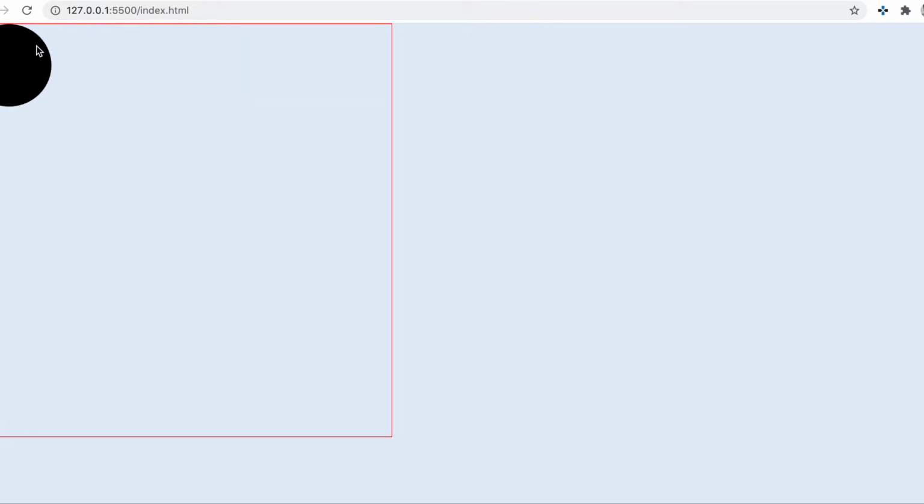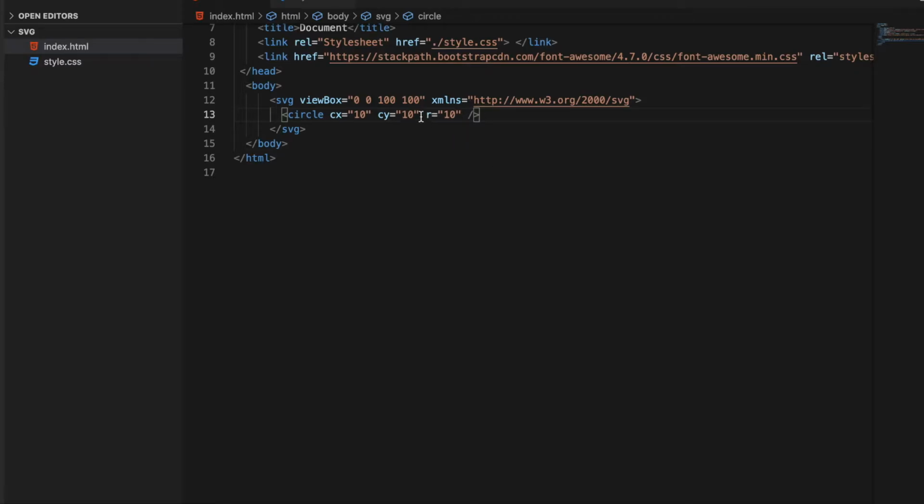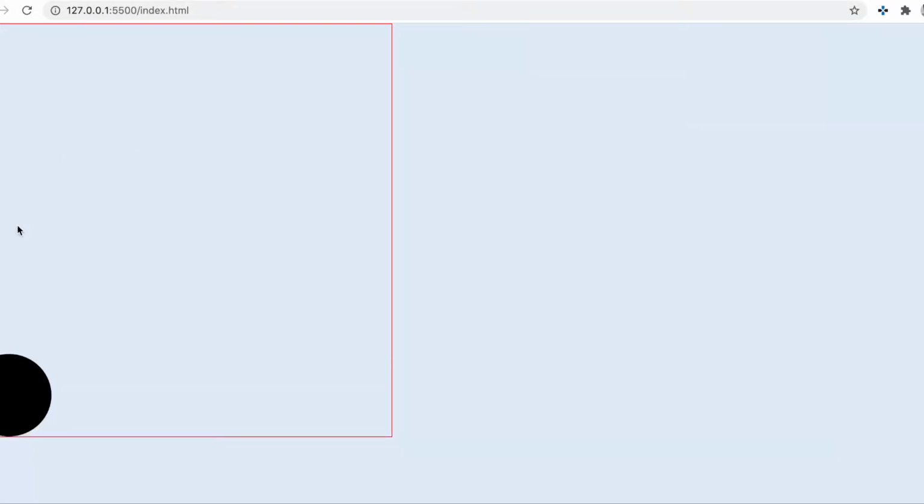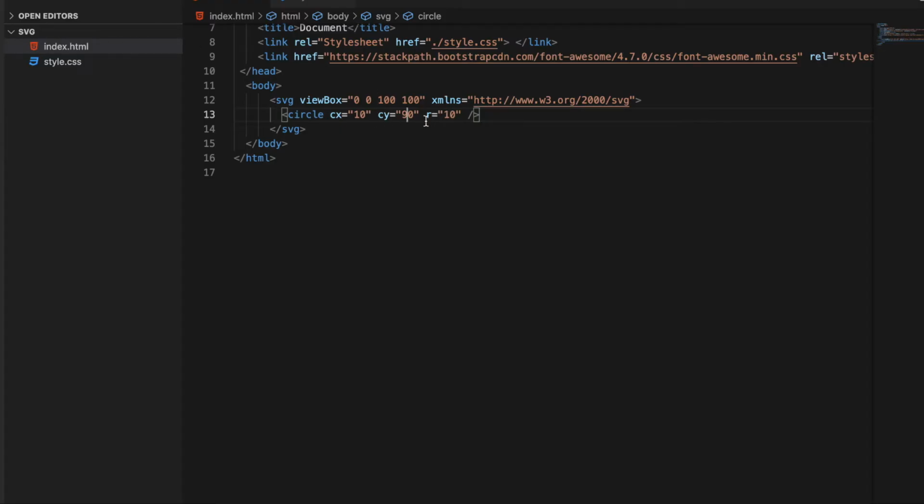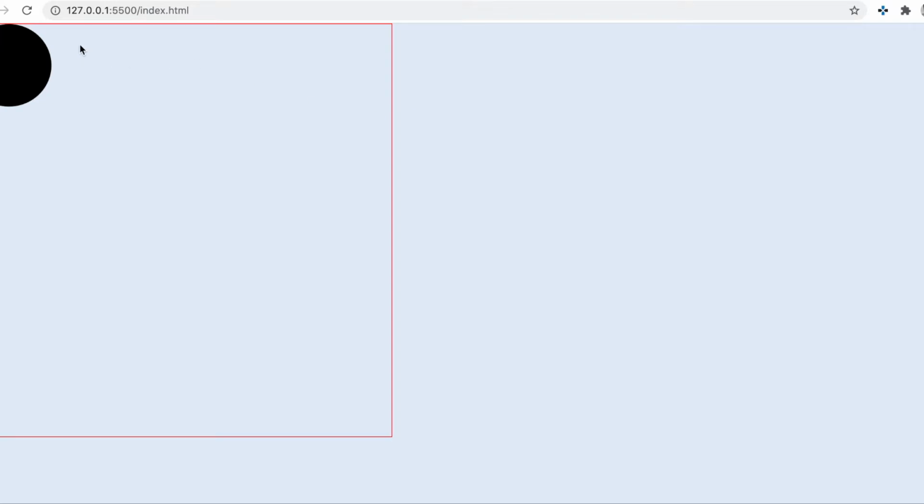Initially the circle is at our 10-10 position, right? 10-10 as in center at the 10-10 position. If I give the animation to 10 on the x-axis and 90 on the y-axis, which is this point, then the circle will be placed here. To show you in the example like this, we have to animate the circle on this y-axis first, and then on this x-axis and this y-axis, and come back to the original position. So let's add the initial position to the circle.